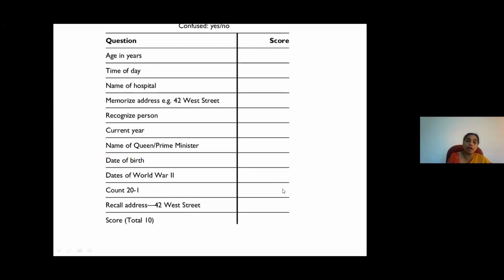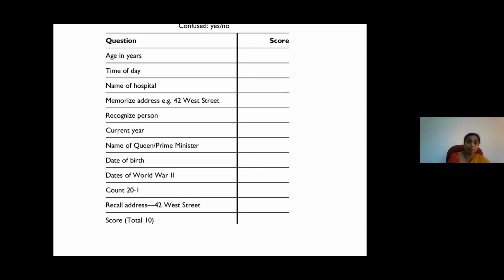So this is the Abbreviated Mental Test score, the third screening tool that I am going to discuss. We ask 10 very simple questions from the patient. Especially we use this AMT in an acute medical ward to understand acute cognitive impairment, especially delirium in elderly patients. We ask 10 very simple questions: age in years, time of the day, name of the hospital the patient is in at the moment, and memorize an address. We give a very simple address to the patient, and recognizing 2 people, like a doctor and the nurse, if the patient can recognize the person, and the current year, 2021 being the current year, name of the state head,